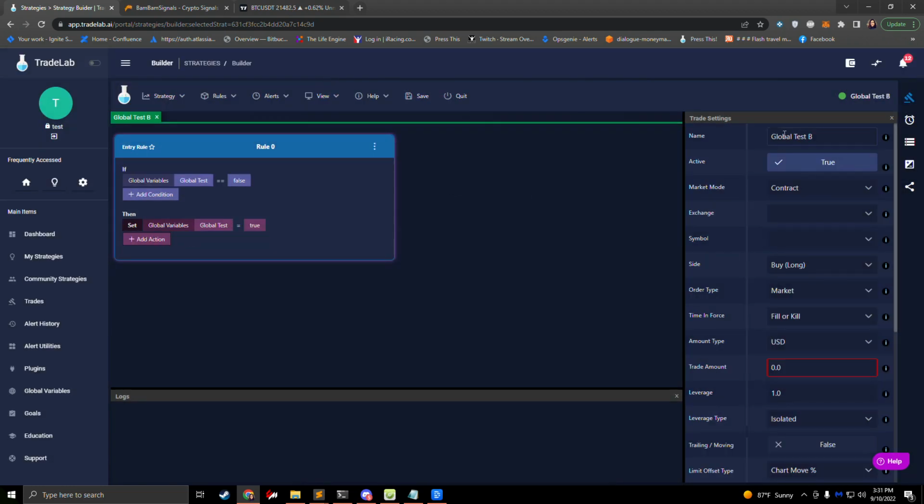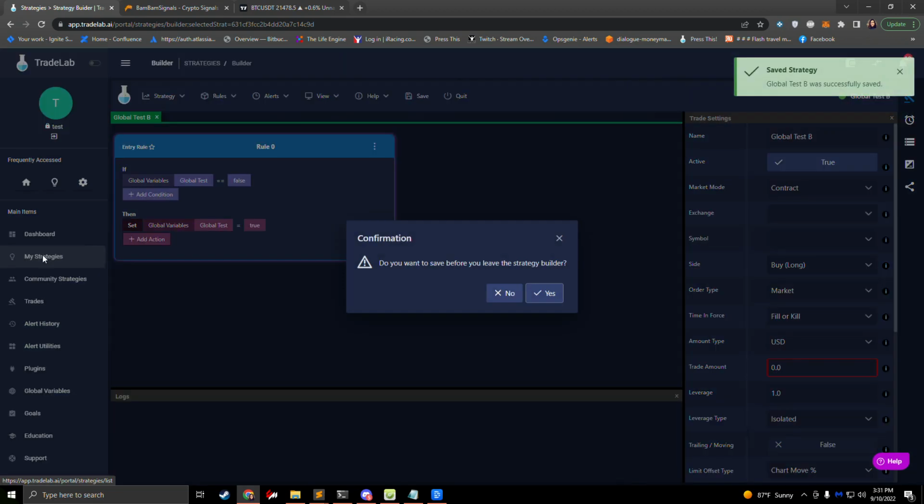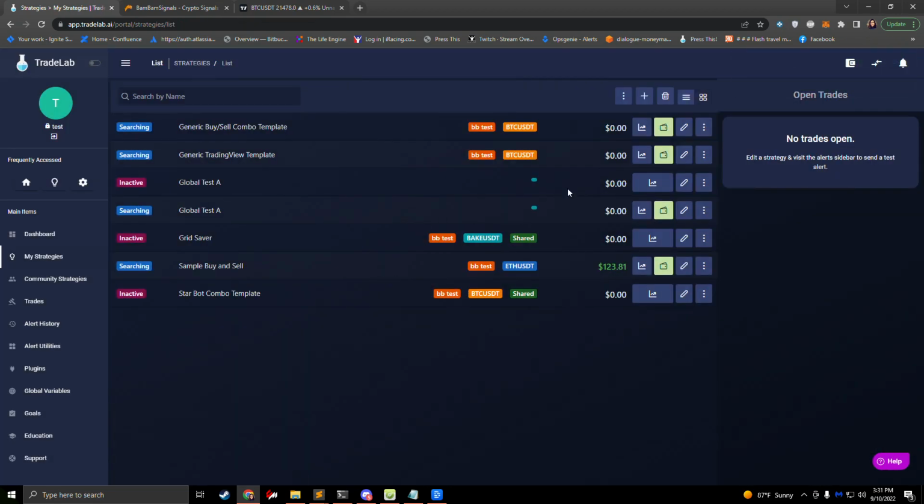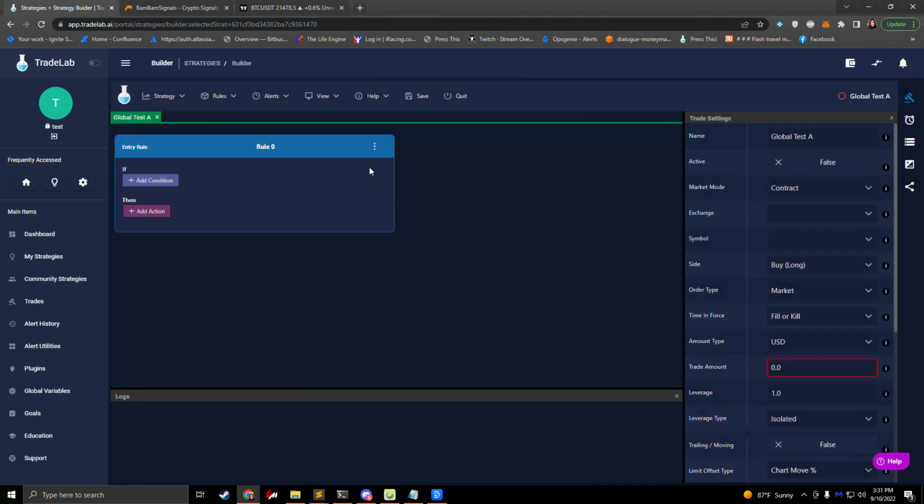Okay, and it's going to do this on a heartbeat because we don't have a custom alert coming in or anything, so this is just going to run. I got this active. I'm going to press save, so that is now running. We're going to go into global test A now. So that was global test B. Global test A is going to have,